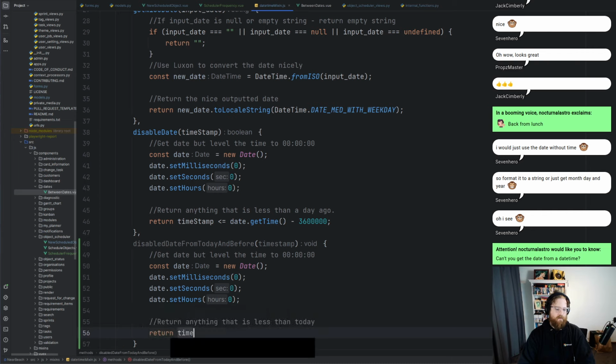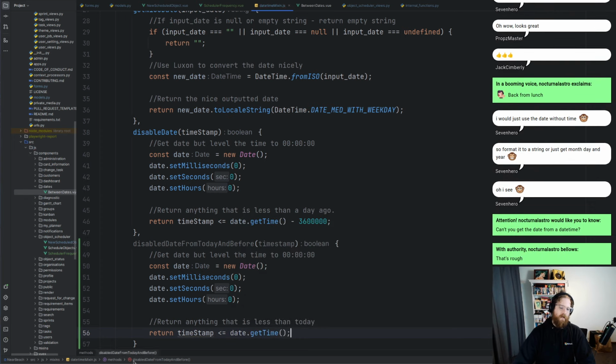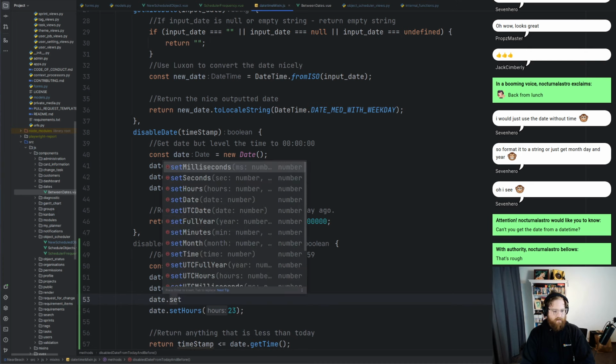So return timestamp. And actually these should be 23, 59, 59. So milliseconds will be 999. Seconds will be 59. Hours will be 23. And where date.set minutes